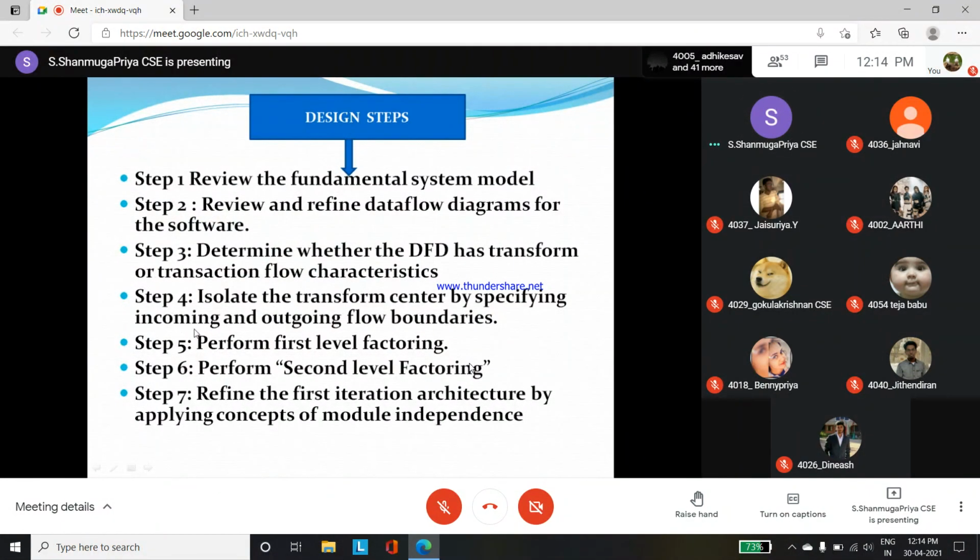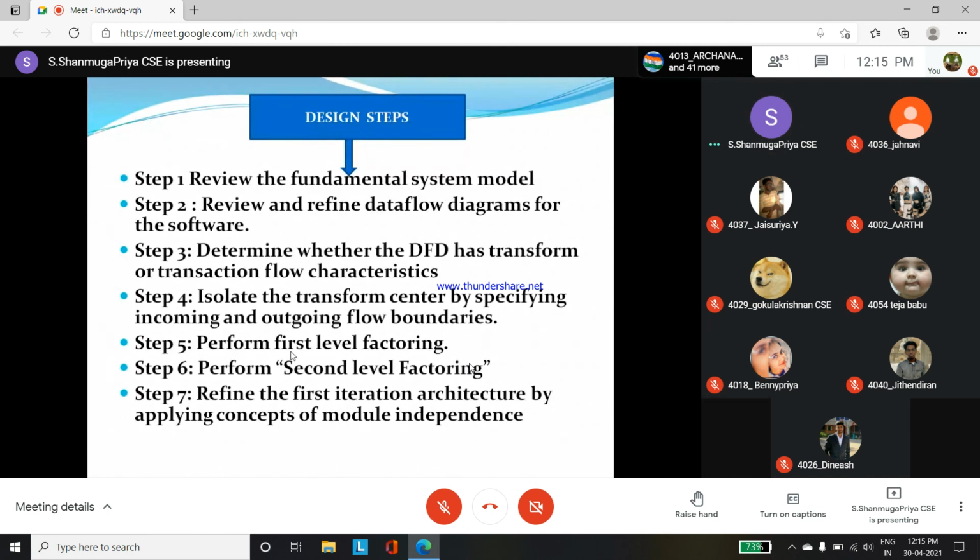Okay, step 5, we are doing the factoring concept, first level factoring. Factoring is nothing but identifying, with the help of the components, what are the low level, middle level, and high level or top level components. High level components do only the decision making. Low level components take the input and perform the output; those are the low level modules.